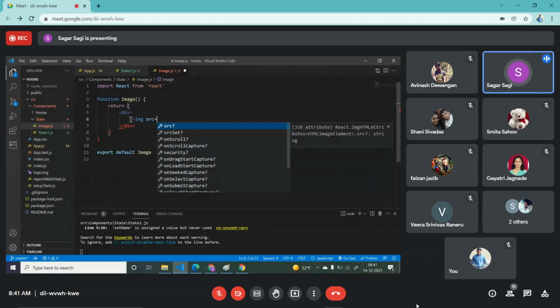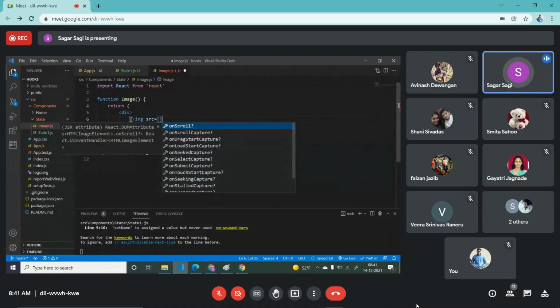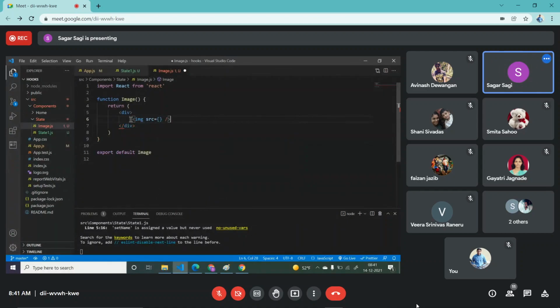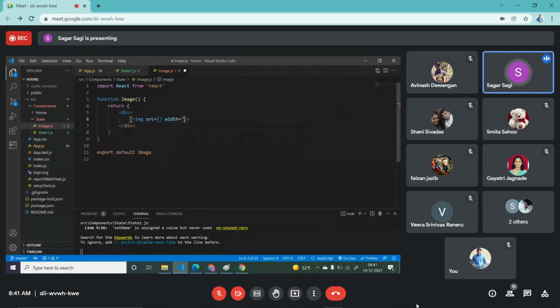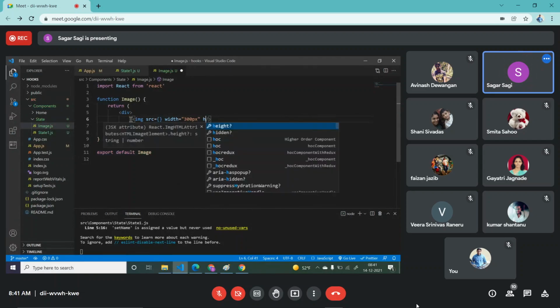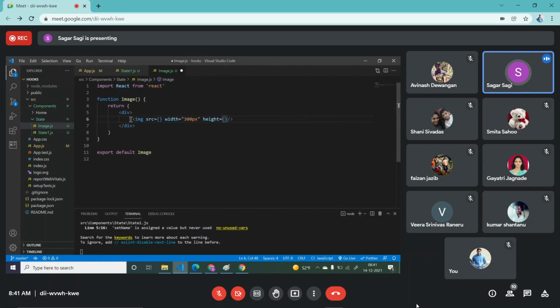Initially I want to show a certain image. Then I want to set the width around 100 pixel, height also 100 pixel, not 30 pixel.